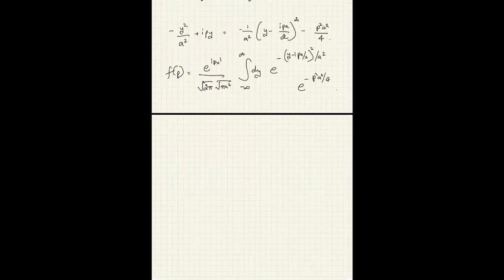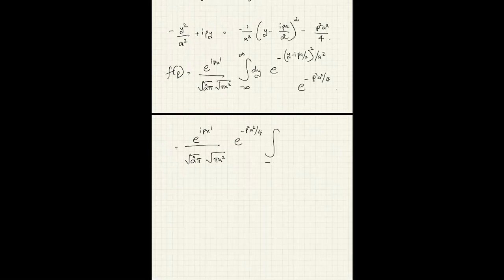And notice that as far as the integration over y is concerned, this quantity is just a constant, so I can pull it out. So I can write this as e to the ipx prime over square root of 2 pi, square root of pi a square, e to the minus p square a square over 4,